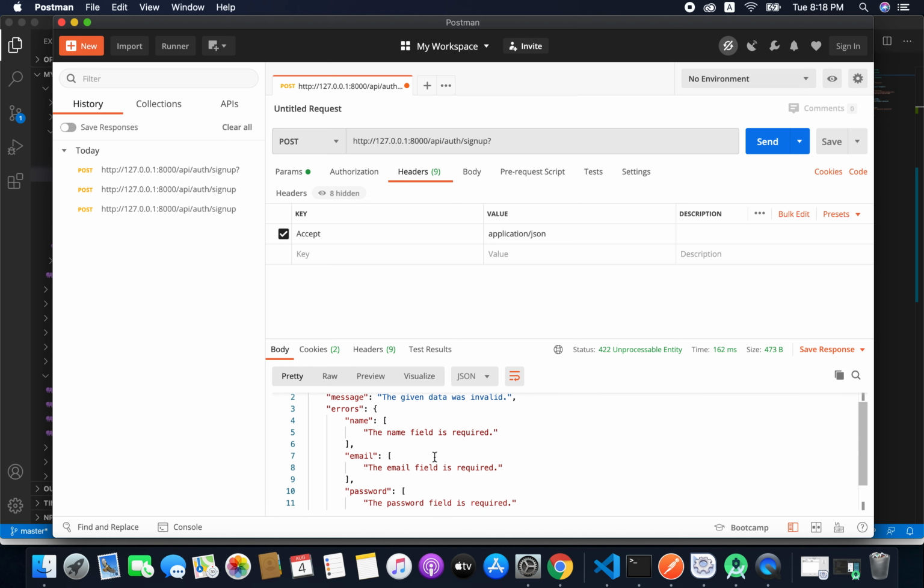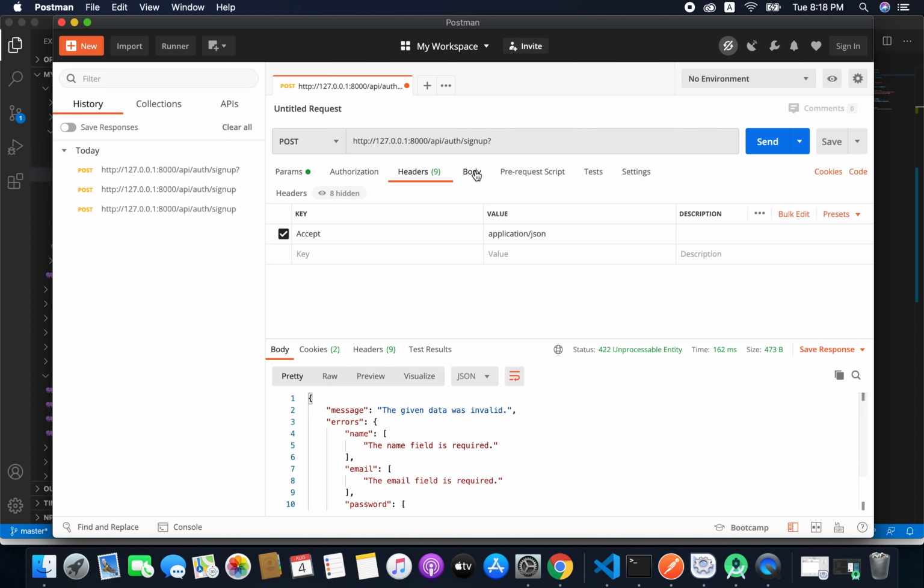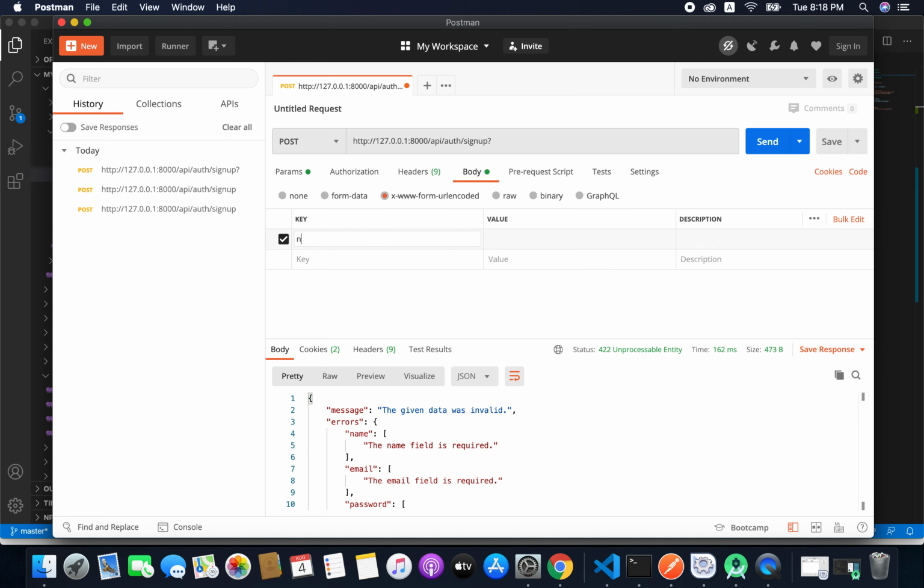You can see the name, email and password is required. Now we can send all these values. So we will go to body and we will send name, let's say Bilal Khan, and email and the password.